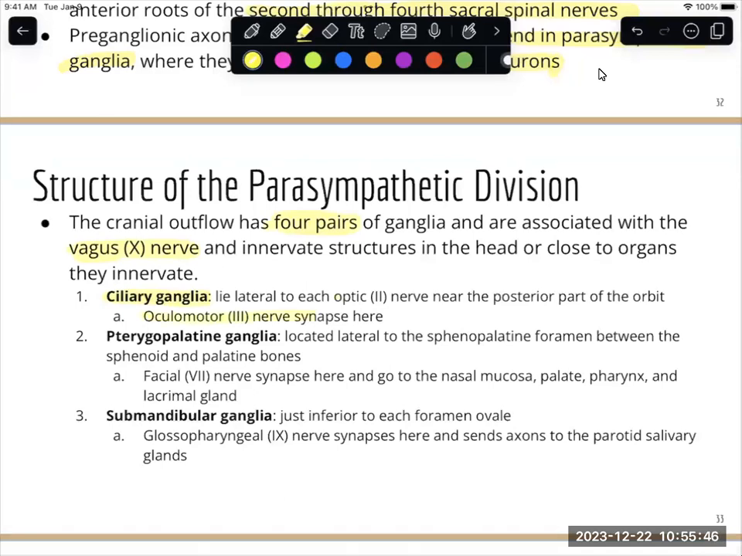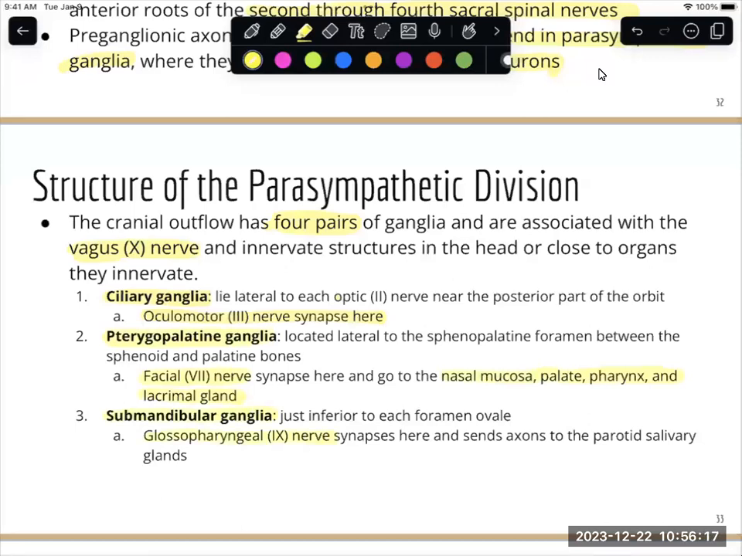That oculomotor nerve gets its parasympathetic fibers from here. Pterygopalatine: that facial nerve gets parasympathetic information from here. So that nasal mucosa, the palate, the pharynx, and the lacrimal gland all get their parasympathetic from the facial nerve. And then we have submandibular,